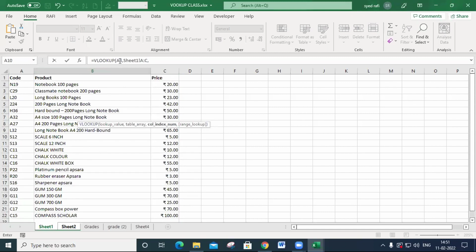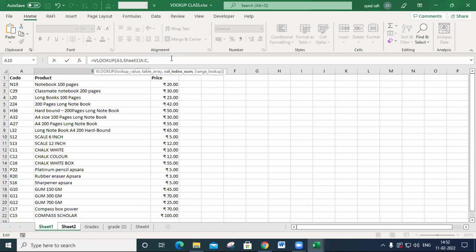So the first parameter is the lookup value, then the table array. Next is the column index number. So in which column is what you need? What is your requirement? I need to display the product.